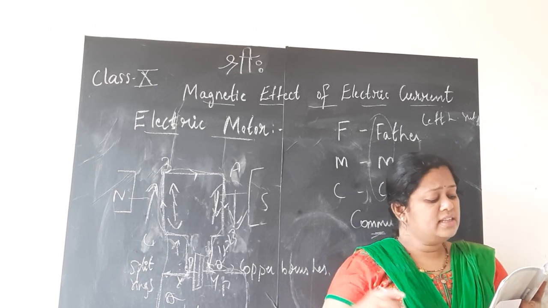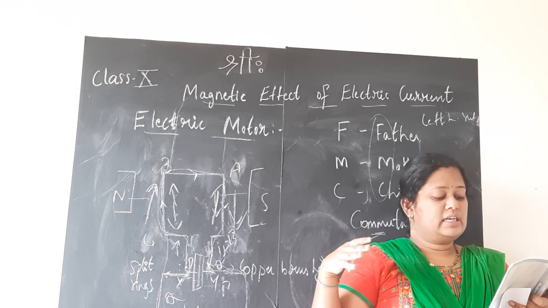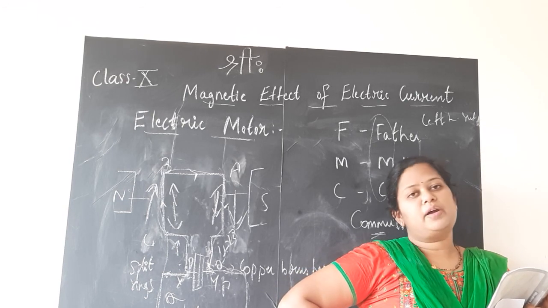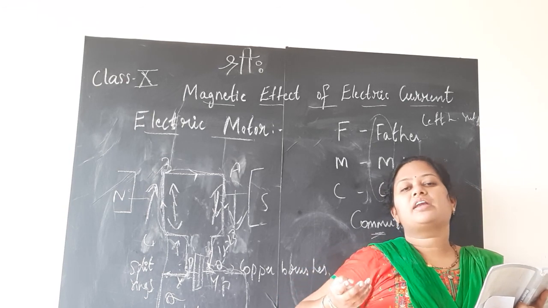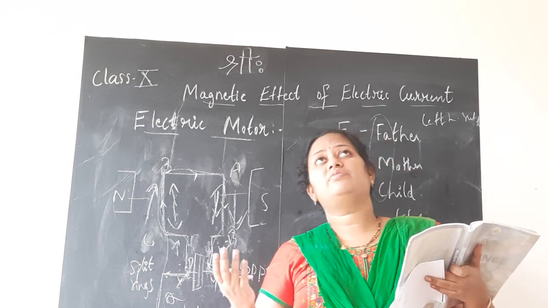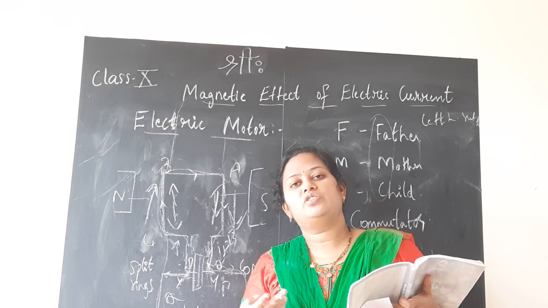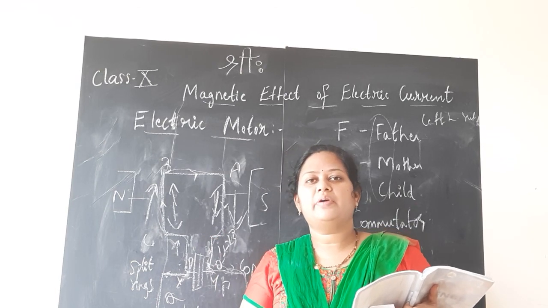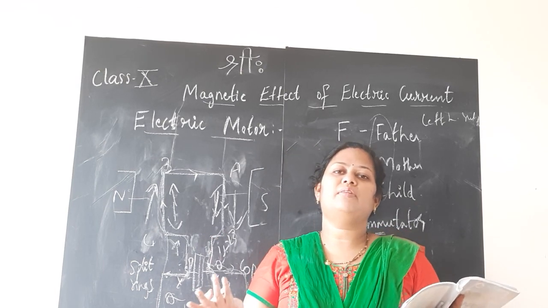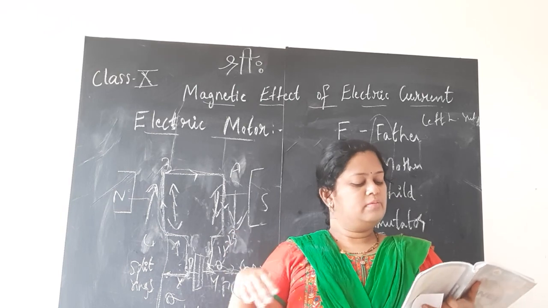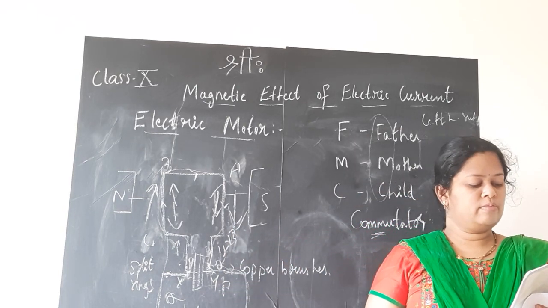So in the commercial motors, these electromagnets are used in place of a permanent magnet. Why? A permanent magnet is a waste, because anyhow, for any device which is using this electric motor to work, current is passed. So whenever current is passed, let the item get magnetized. So permanent magnets are being replaced by the electromagnet.